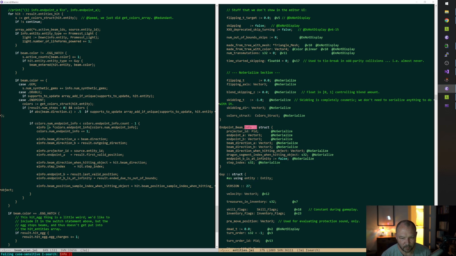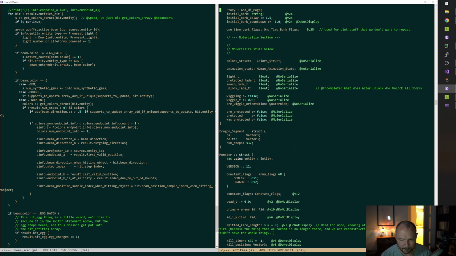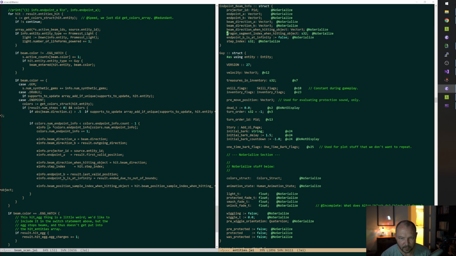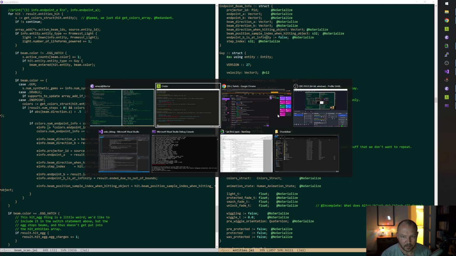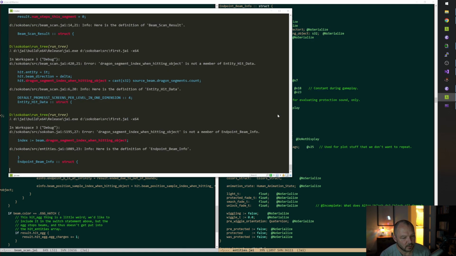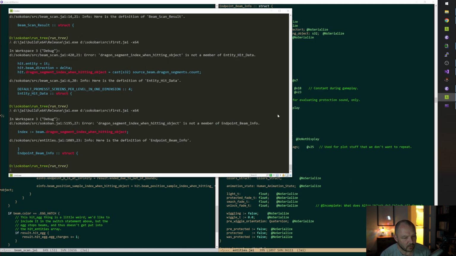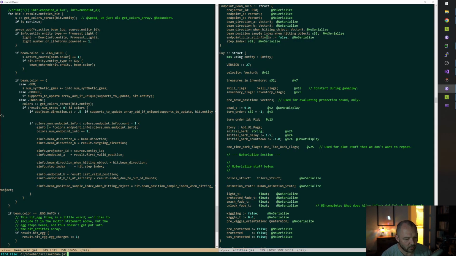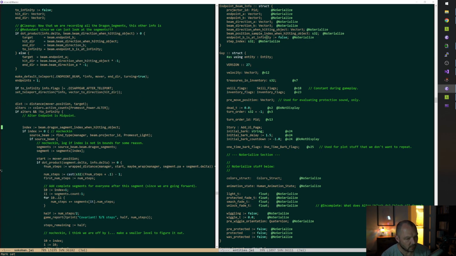Ocean info, endpoint beam info, no. Oh, yes. Okay. Now Sokoban, which is using this data, is this.